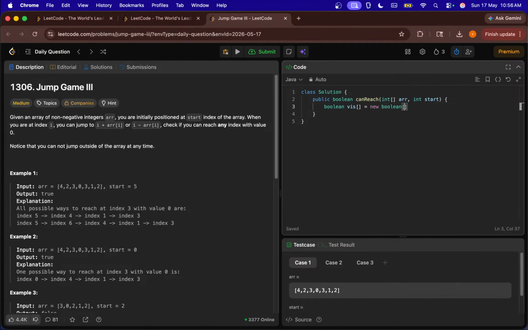The size will be array.length. And we'll be having a queue. So we'll be adding queue dot offer the start, and while it is not equal to queue dot is empty,